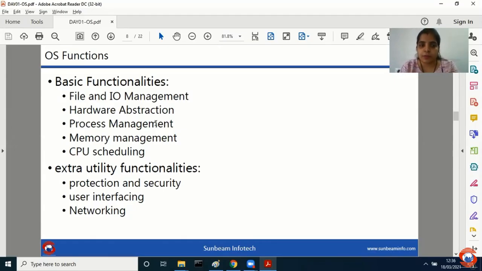Next is hardware abstraction. When I type hello world from my keyboard, it gets printed on your output screen. When it gets printed on your output screen, are you really aware of how your keyboard is getting connected to the monitor? Are you aware of how it converts your keyboard key press signal, whether it is converting into bits and bytes, maybe binary data?